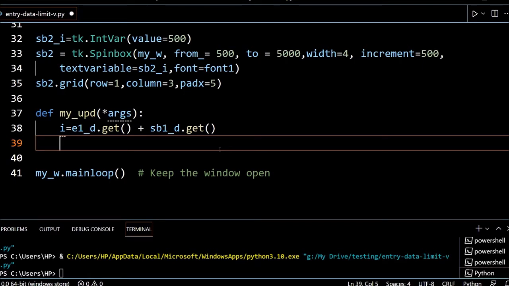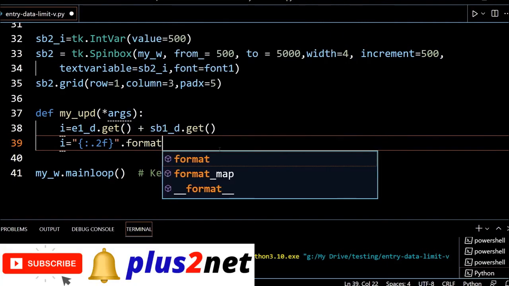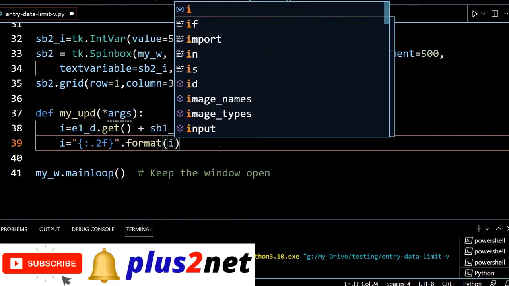For the moment let me forget the upper limit. I will put an if condition for that later. To make it simple, I equal to, this is just formatting: go for 2 decimal places only, so 2f. Don't go for more. Now format i. This output I am changing to a string, so any comparison has to be done before this line.